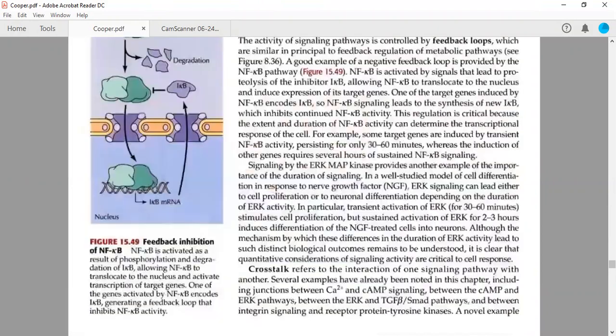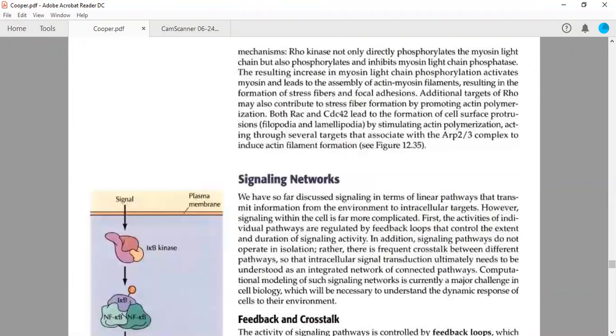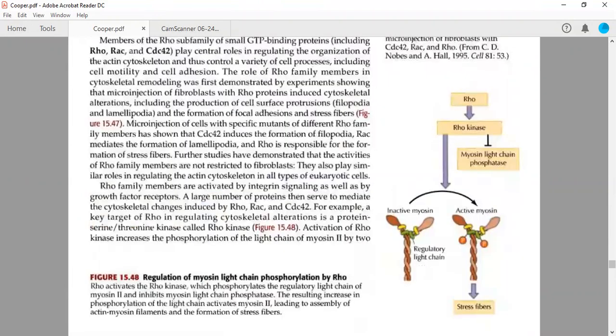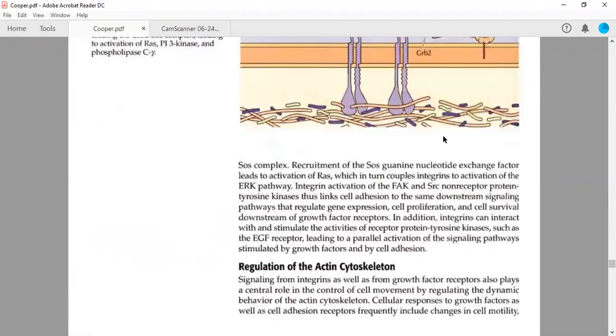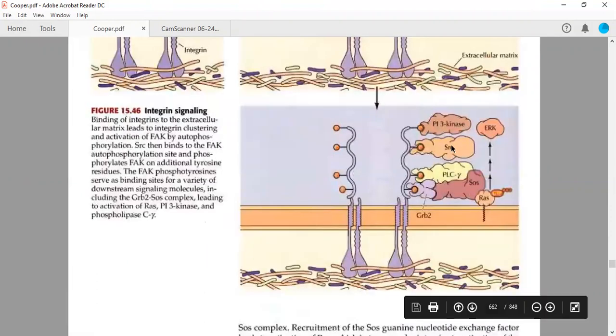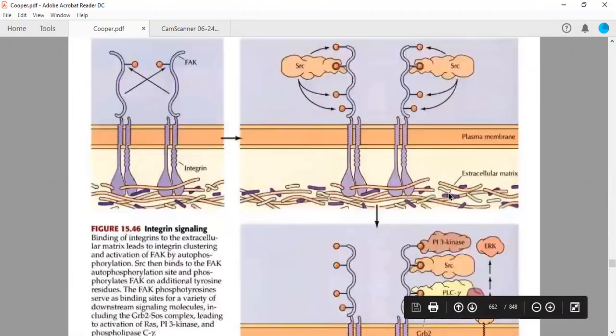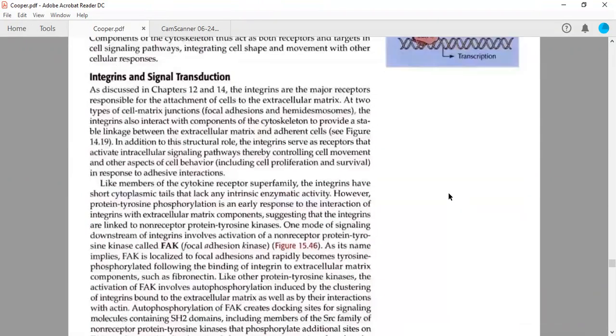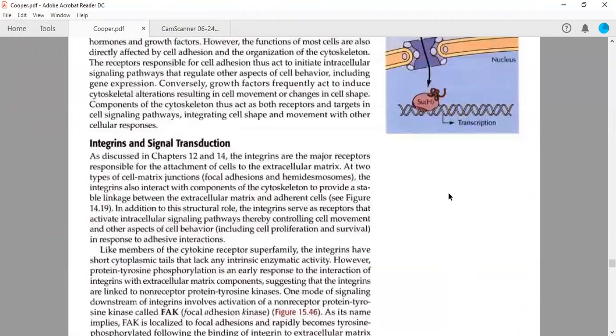Okay, so here we have actually discussed this. Here also it is shown these are integrins, and they are interacting with so many types of molecules. Okay, so now